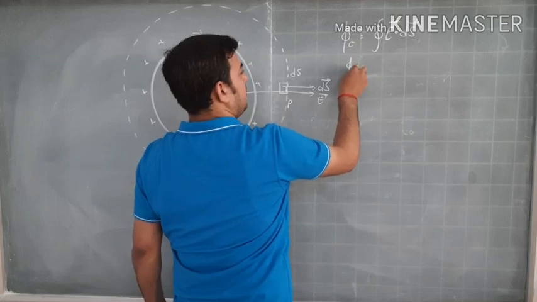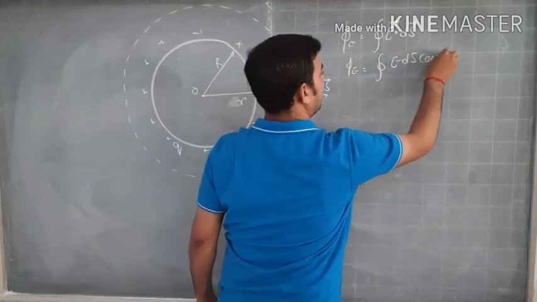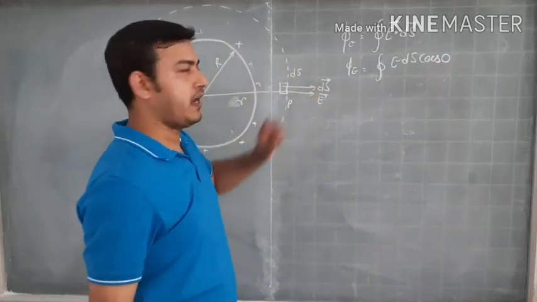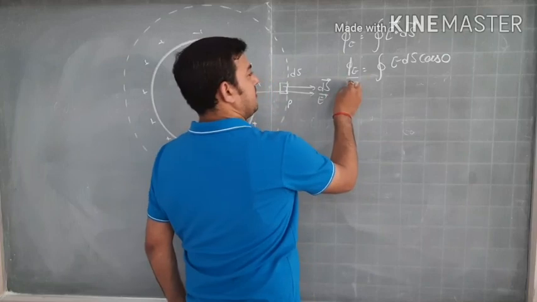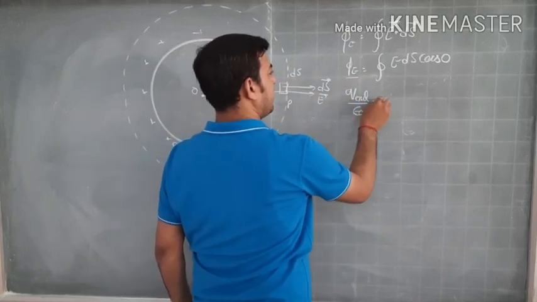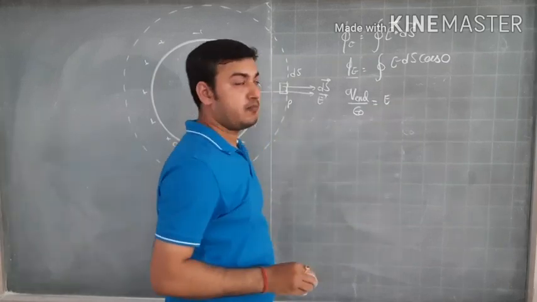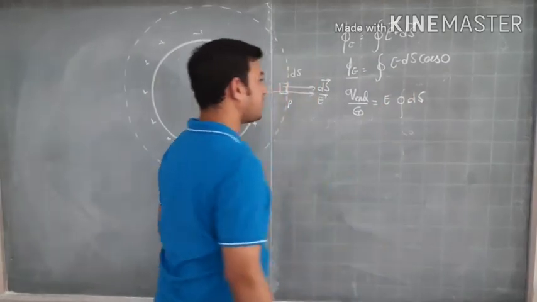This is closed integral E ds cos 0, since both are parallel to each other, so the angle between them is 0. I can write flux is enclosed charge divided by epsilon naught. E I will take common, and this is closed integral ds. Now,